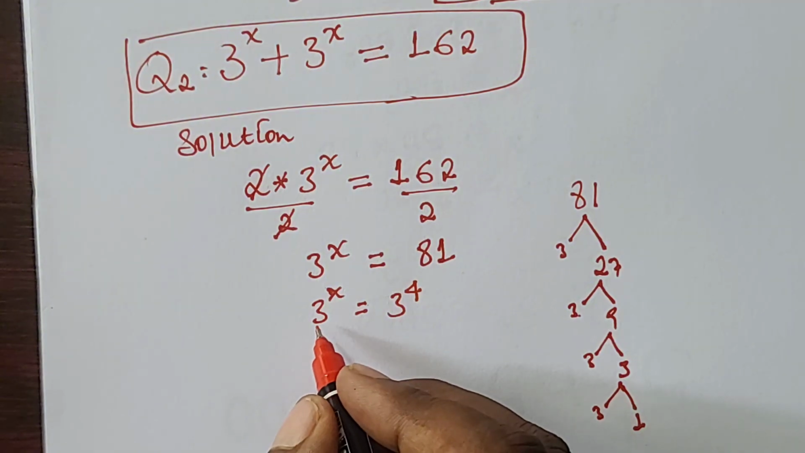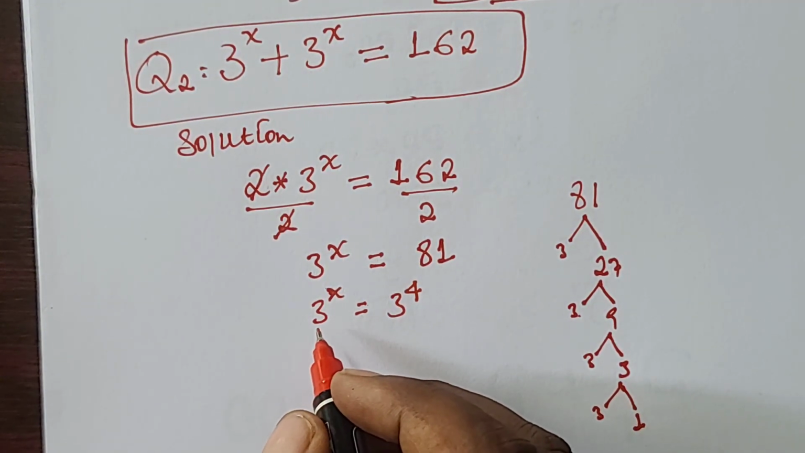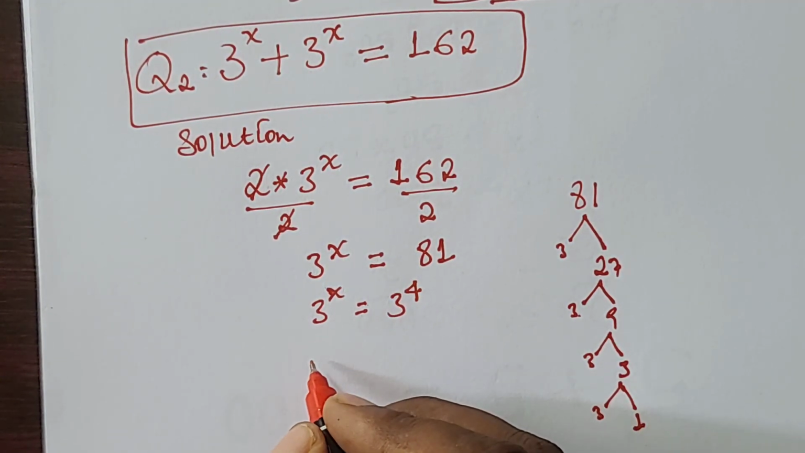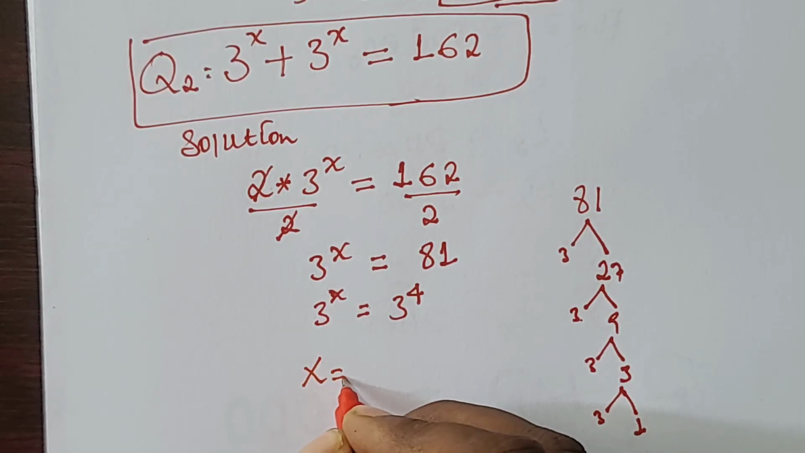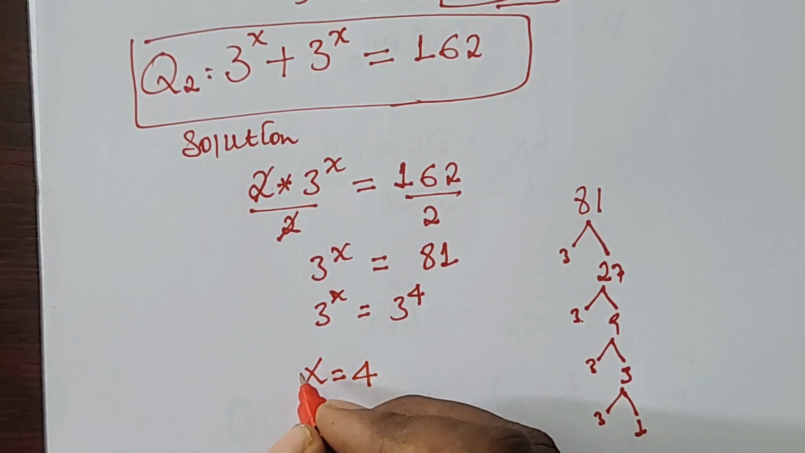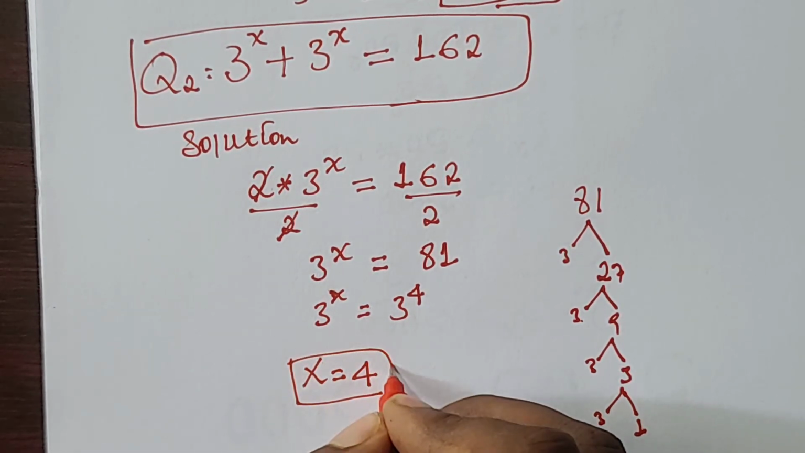Therefore, if the bases are similar, we can equate exponents. Therefore, x equals 4. This is the value of x for